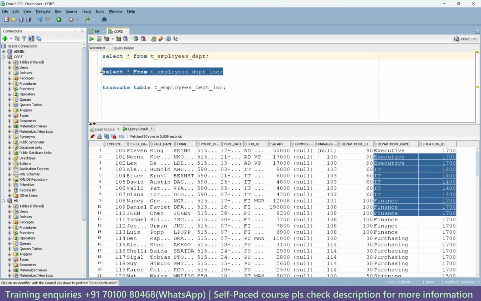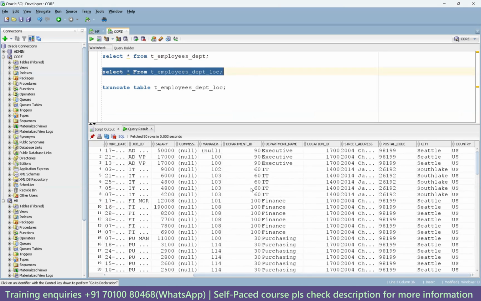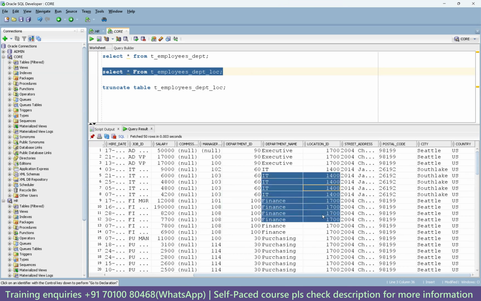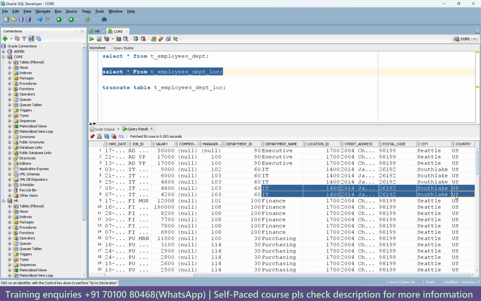this table, we need 6 columns. By using department ID, we need to take department name and location ID from departments table, and street address, postal code, city, country ID, these 4 columns from locations table. In order to take these 6 columns from 2 lookup tables, we need to use 6 lookup transformations